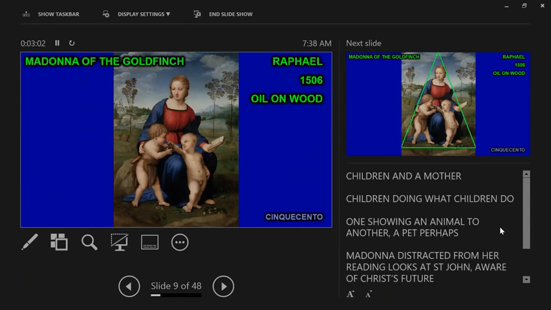So this is our artwork that you'll need to know for the test. And here is the Madonna of the Goldfinch. And here we have a couple of kids and a mother. Now, who are the two kids? It's okay. It's the same as before. Who are the two kids? John and Jesus. So which one is which? How can you tell? Yes. What about the cloth?